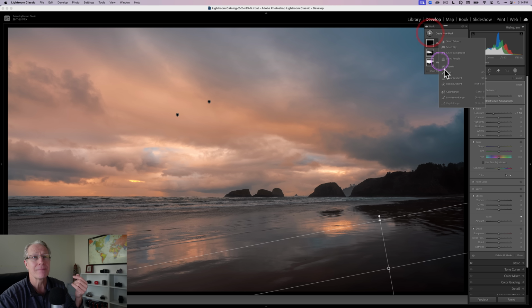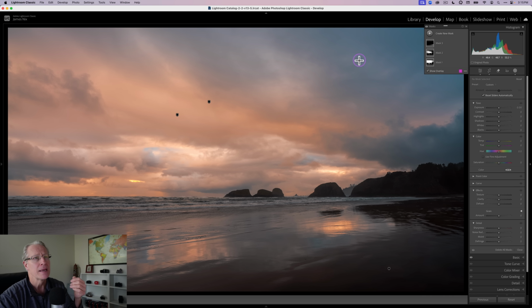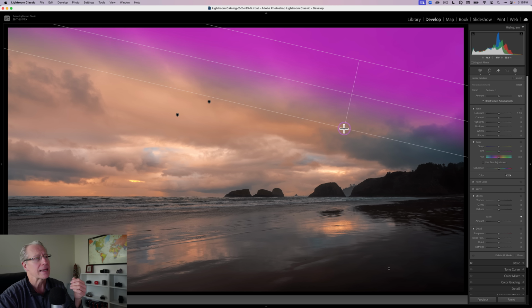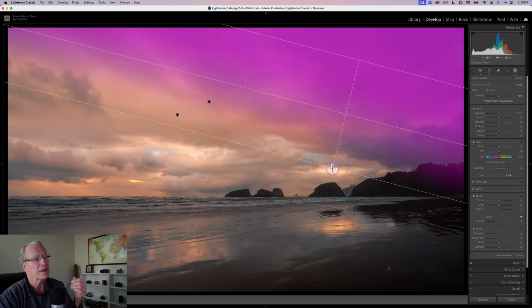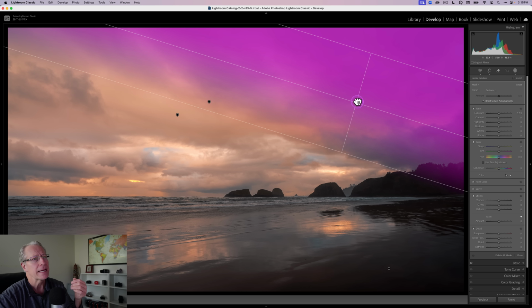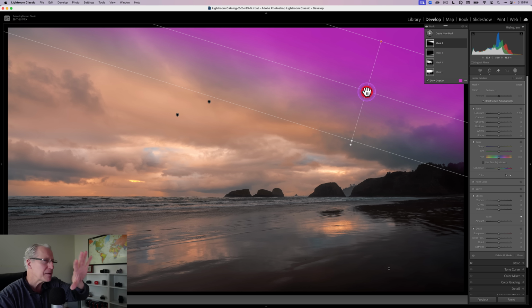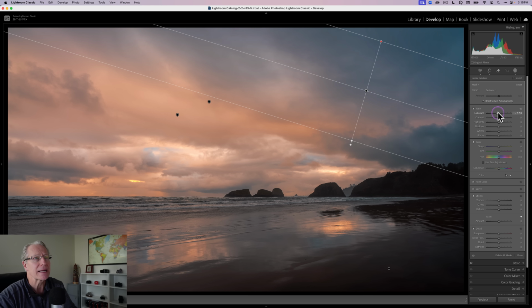And the other thing I like to do is come in and do a similar thing, but with the sky. And that's getting this linear gradient and coming in here and dropping it, again, pretty broad gradient. And I'm going to come in angled like that, kind of playing into the way the clouds are going up to the left, and that color is going up to the left. And here I'm going to take the exposure down just to kind of darken that and frame it a little bit. Maybe not quite that much, maybe about like that,